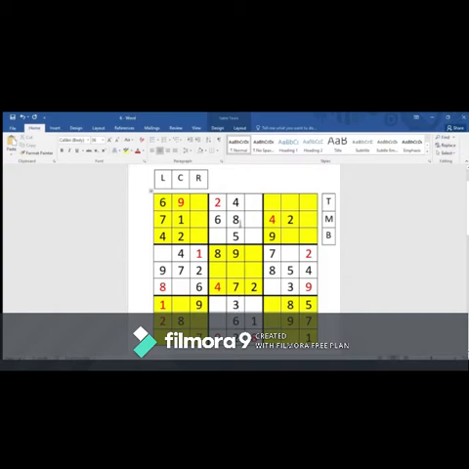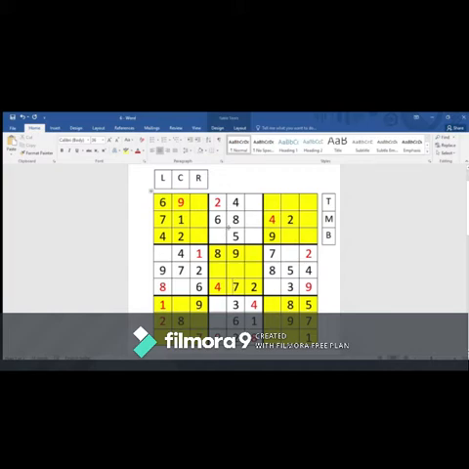Number 4, we have one number 4 over here and another over here, so the only place where it can come is over here. Number 5, we only have one number 5, so leave it, neglect it. Number 6, one number 6 over here and another number 6 over here, so the only place it's left with is over here or here. We have 2 places, that is the reason why we neglect it. Number 7, one number 7 over here, we only have one number 7, neglect it.